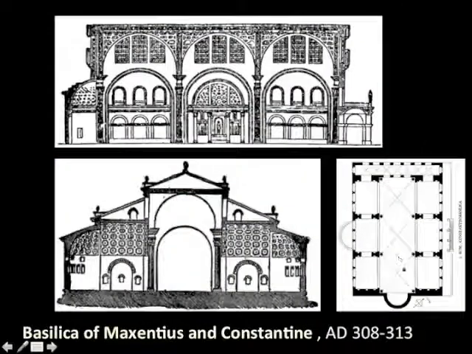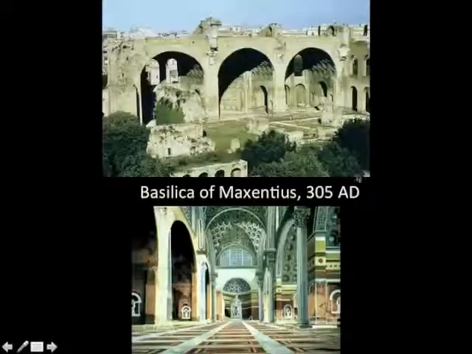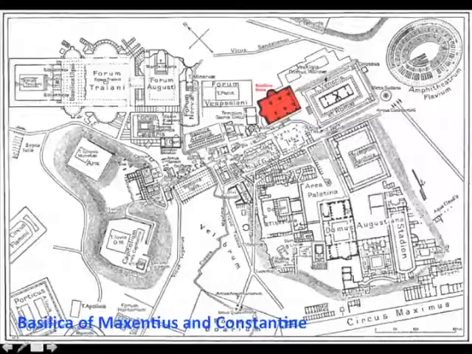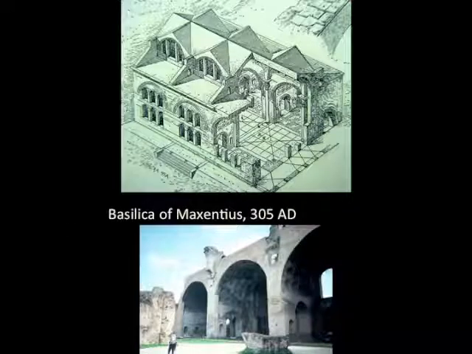This is the Basilica of Maxentius and Constantine, very late, 308 to 313 BC. This is a heavy masonry building. These are arches. These are large vaults over here. Typically, it's a columnar structure. This is simply a transformation of the type very slightly. And this is where it's located, the Basilica of Maxentius and Constantine, right here at the edge of the Roman Forum. It's probably surprising that there would be a basilica for both Maxentius and Constantine.